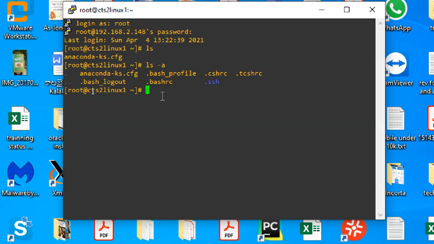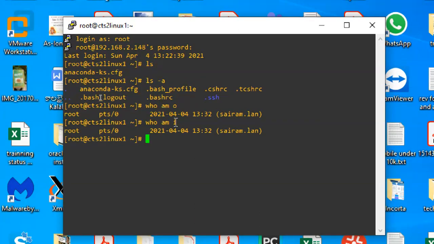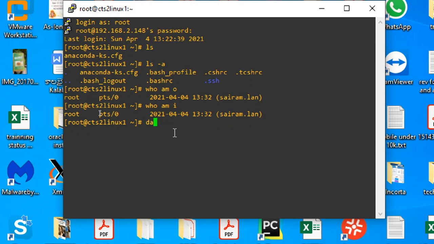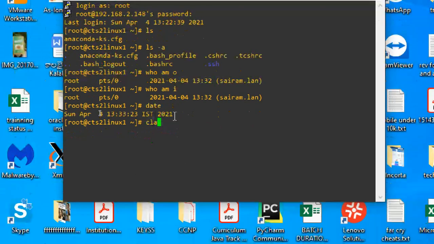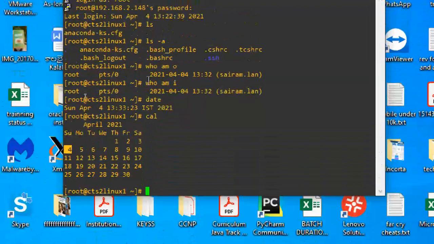That's a different one. We will put whoami. I logged in as root, so it will show root only. Like that you can use it. ls command, date command, cal command, like that you can do it.